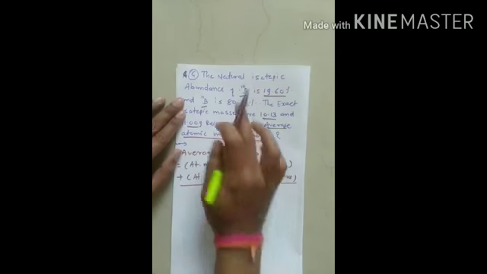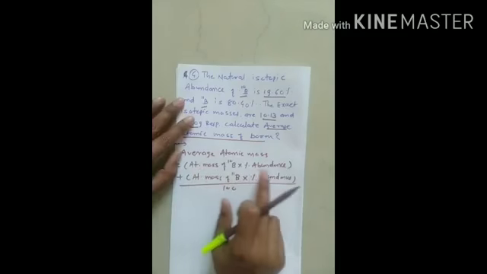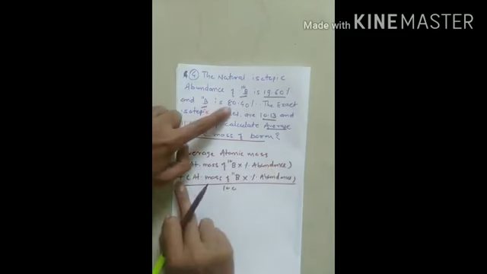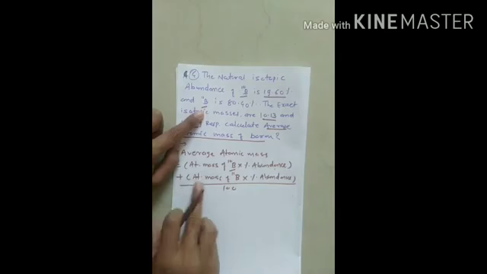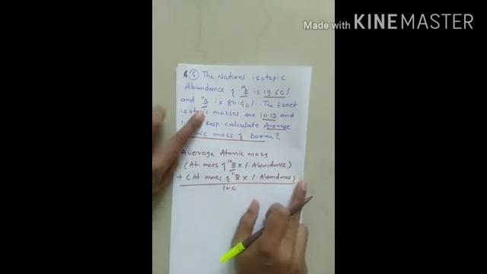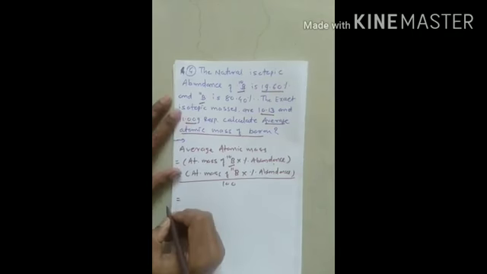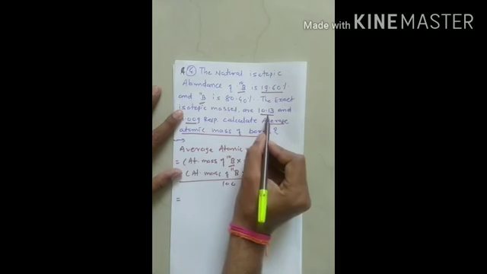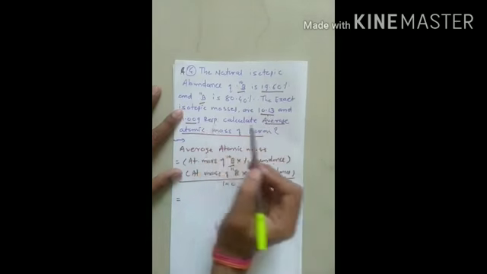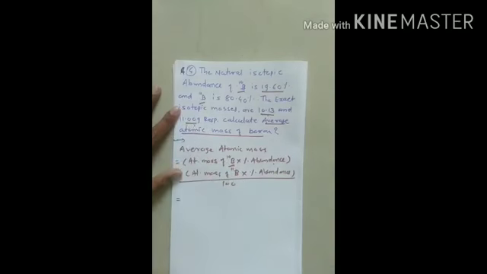Here two isotopes are given, so I just multiply each atomic mass with its abundance and add for the second isotope. If the problem gives more isotopes, I add them in sequence like this, and the whole is divided by 100. All values are given in your question. If you read the question carefully, the atomic mass of B10 is given, it is 10.13, and the atomic mass of B11 is also given, it is 11.01. The only thing is that we have to put the values and you will get the answer.